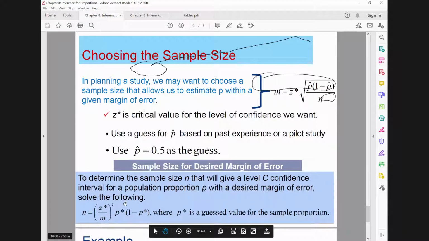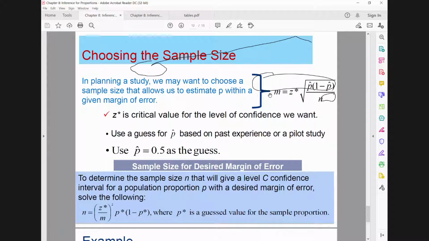Once we fix M, meaning when we want a margin of error, because there is a question in the project: how many should we take for N? What about the sample size, how many elements in the sample? Okay, then the answer is on this slide. It depends on what the margin allowed is. Once we fix M, we have to take N equal to Z star, related to the confidence level, over M, squared, times P star times 1 minus P star.